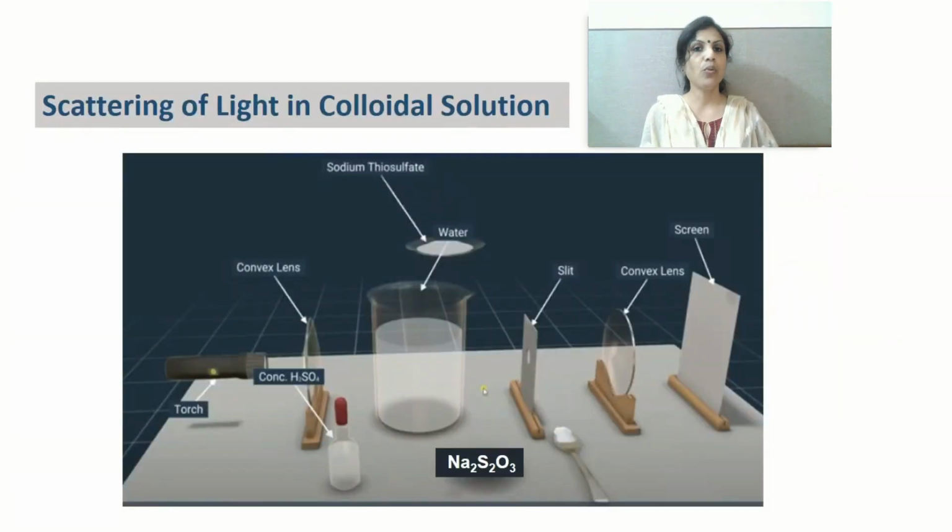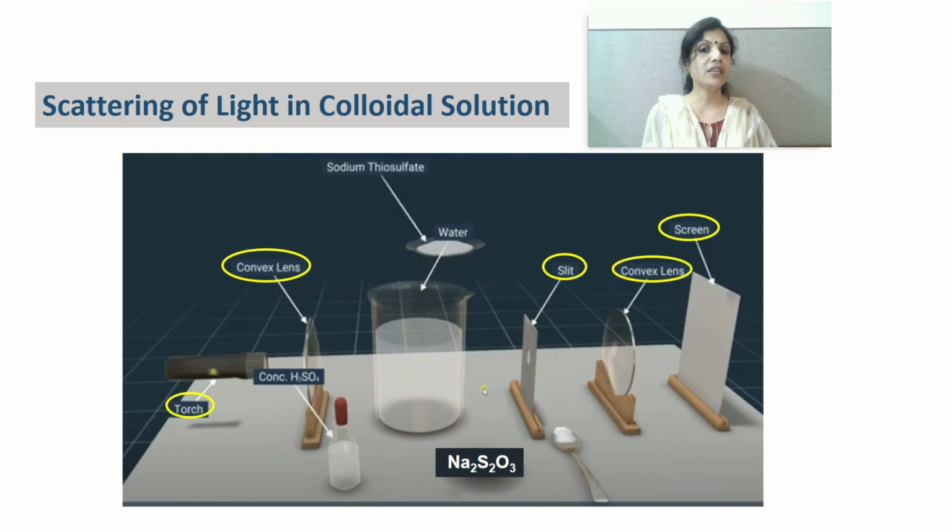Through this activity, we will understand that blue color scatters the most and the red color of the longer wavelength scatters the least. Look at the experimental arrangement there in the image which is flashing on the screen. For the activity, we require a strong beam of white light, that is a torch, two converging lenses, a cardboard with a hole at the center, and we need a screen. Arrange the apparatus which is shown in the image which is flashing on the screen.